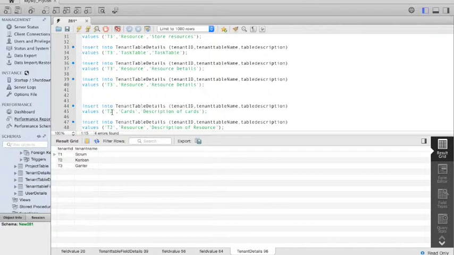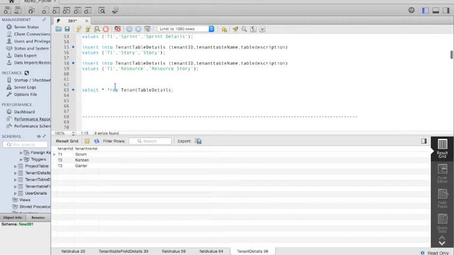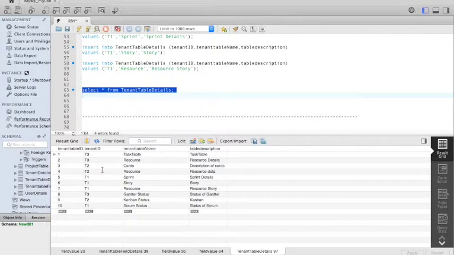This table keeps a record of the tenant type, whether it is Scrum, Gantt, or Kanban. After running this query, we can see the details of the tables coming under T1, T2, T3.